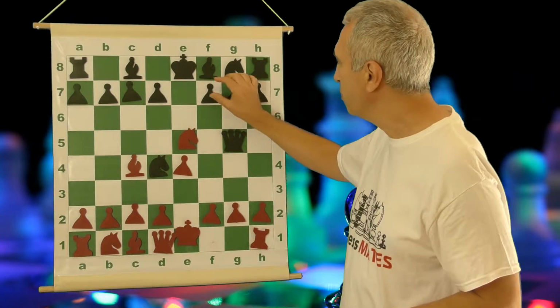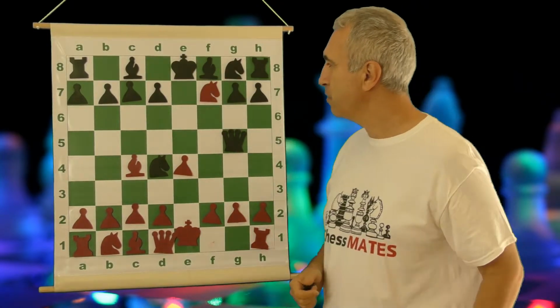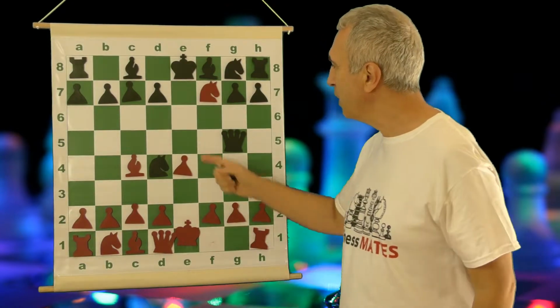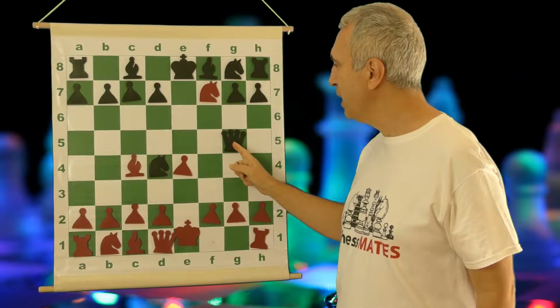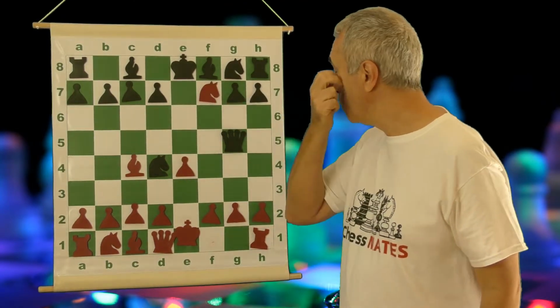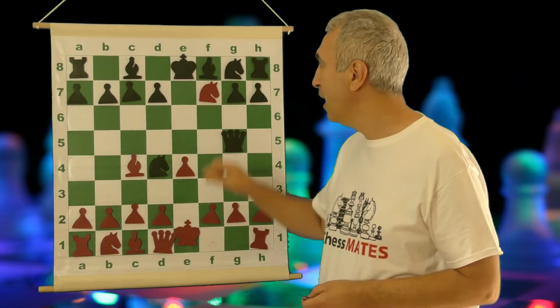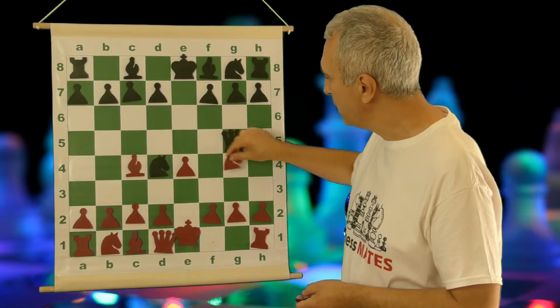What is White going to do? Well, White really doesn't have very many choices here, so White may as well try to take on f7, attacking the rook, attacking the queen, and using this fork to try to win a little bit more material. Trying to defend doesn't work. If White plays knight g4,